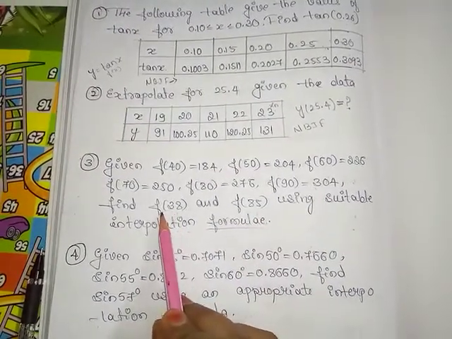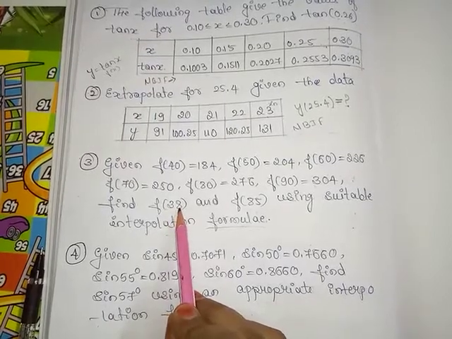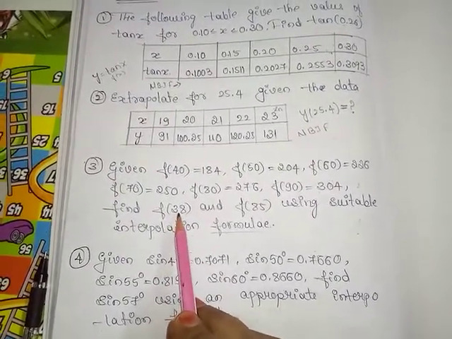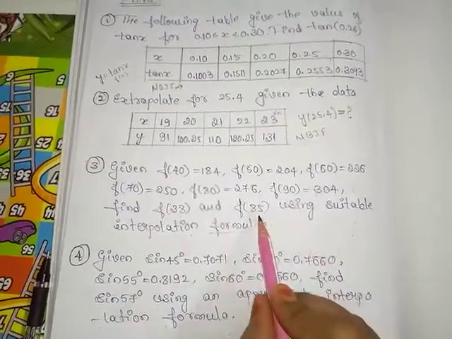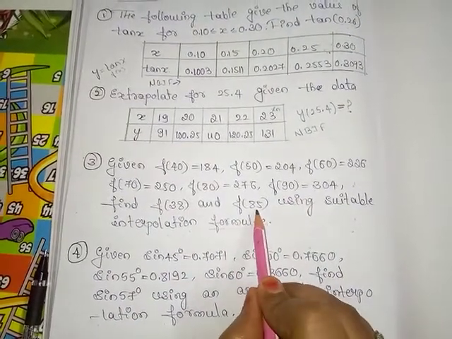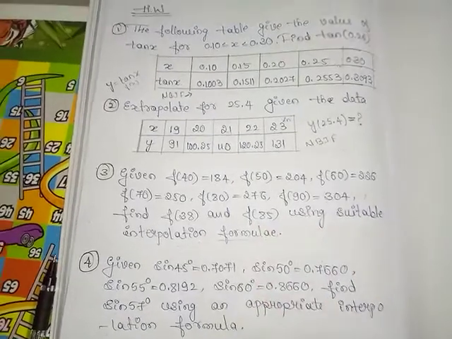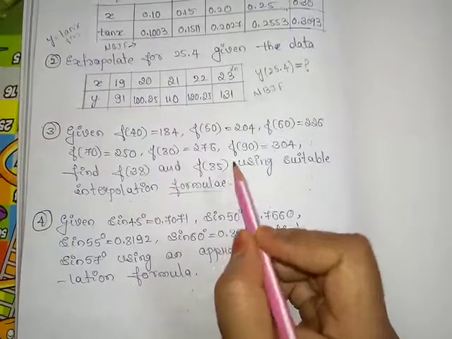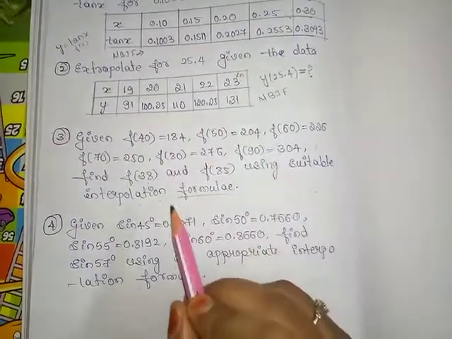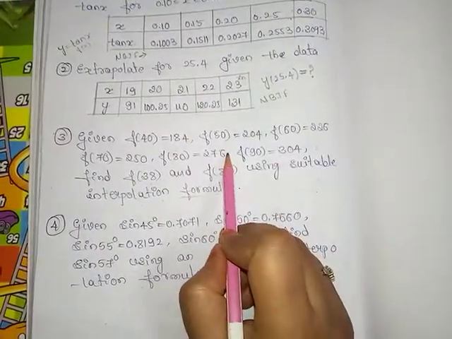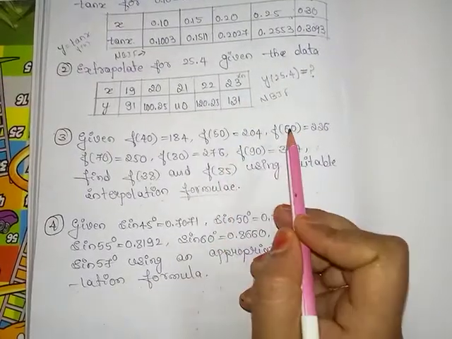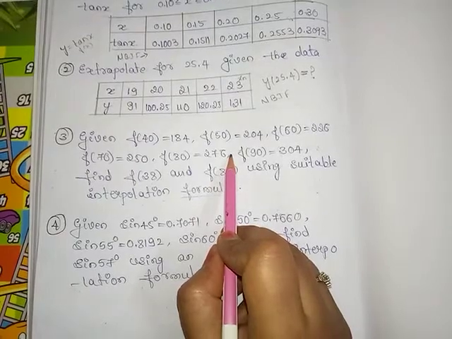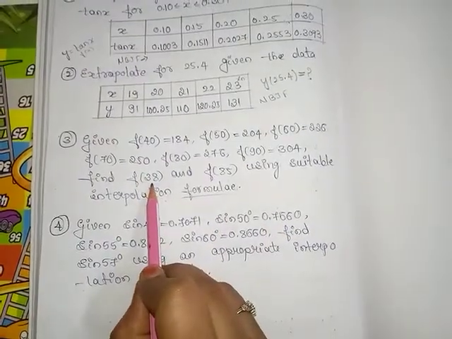First you have to find f of 38 using the suitable formula, means see whether this 38, the value of x, lies in the first half or second half, and then for the second step see whether this 85 lies in the first half or second half, means you have to solve this example two times. Otherwise first make the difference table for both forward and backward. The difference table is the same, so first prepare a difference table, after that find f of 38.